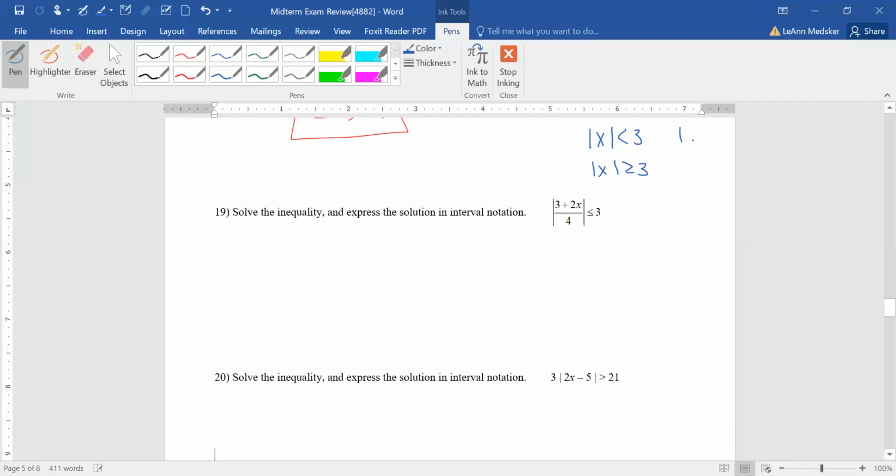If you have an absolute value is less than a negative number, that is always going to be no solution. Because in this scenario, absolute value always comes out positive, and a positive should not be less than a negative. If you have an absolute value is greater than a negative number, that is all real numbers, because a positive value, which is what you get when you take an absolute value, is always greater than a negative value. So these two would be special cases. So these are the ones that if you have something to solve, you need to know how to set it up. So if I have this scenario,